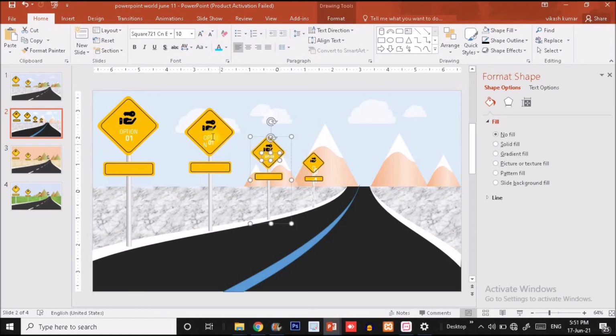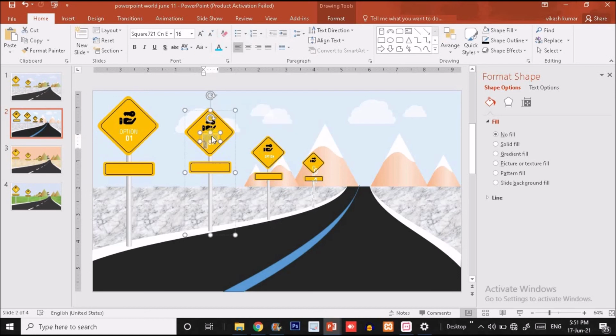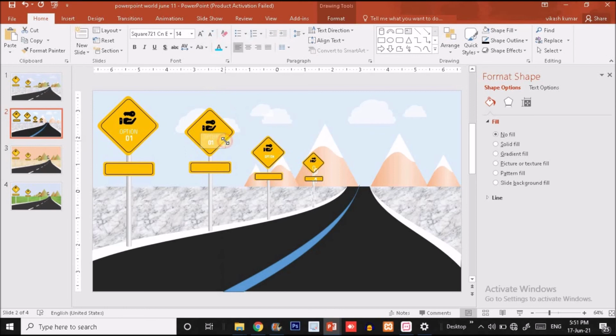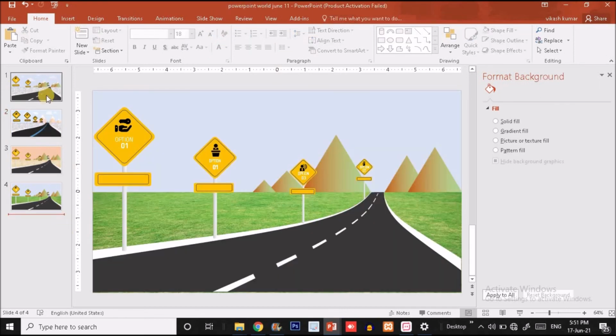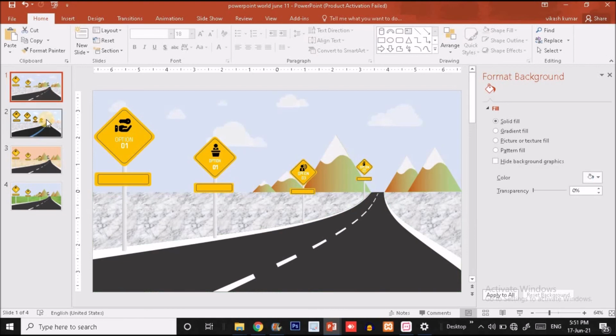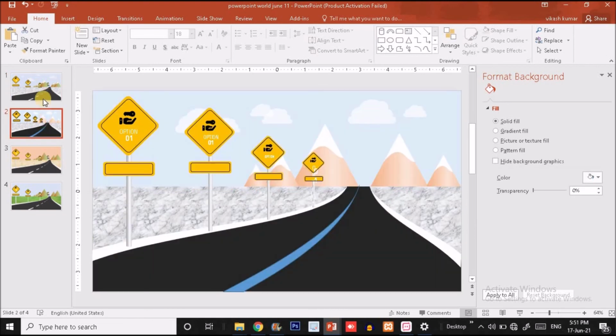We have to decrease the size something this much. Again we have option text. We have to decrease the size to this much. And now you can do it, guys. So this is how you can create this tutorial, guys.